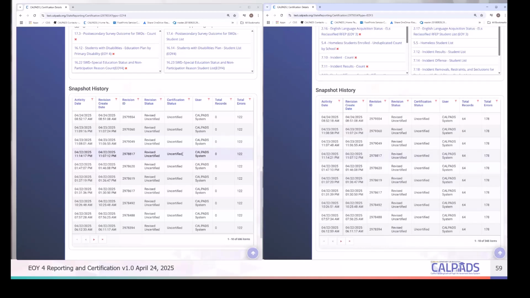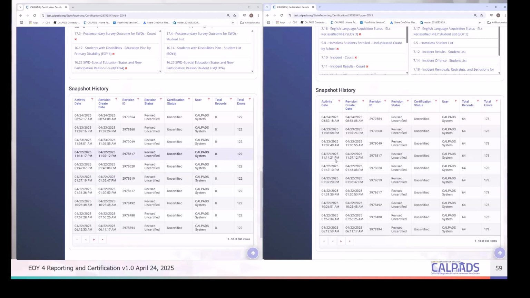It's possible that the person who LEA approves end of year 3 and end of year 4 is not the same, and so you want to work with each other. If you are the same person, then you can control it. Perhaps you have to tell your special education person, I'm not going to approve the snapshots until they're both ready, and they should understand that. But that's what we're looking at.